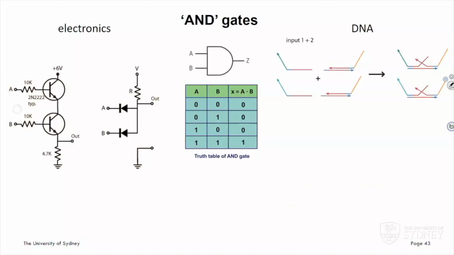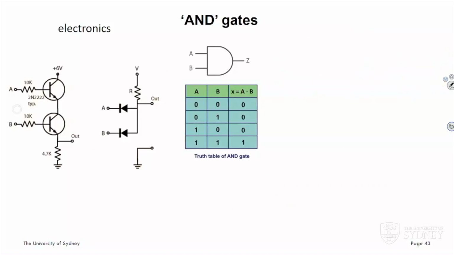So the simplest circuit that I like to think of is an AND gate. The AND gate is really simple. You have 2 inputs, A and B, and an output. And the output is only 1 if both inputs are 1. Most of us learn this in school, that you can make an electronic AND gate out of transistors. How would we do this out of molecules? We use that idea of having sticky ends on our DNA and using toeholds to achieve an AND